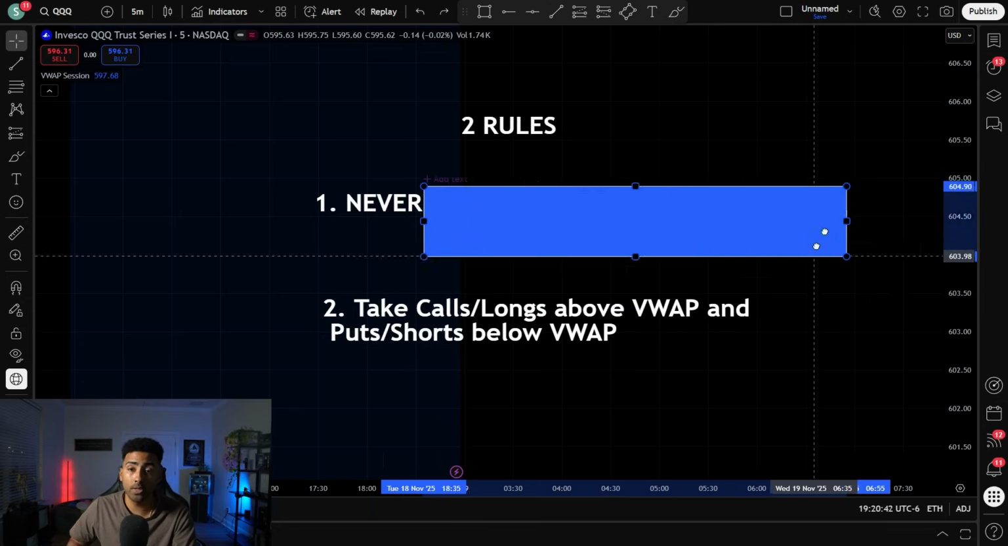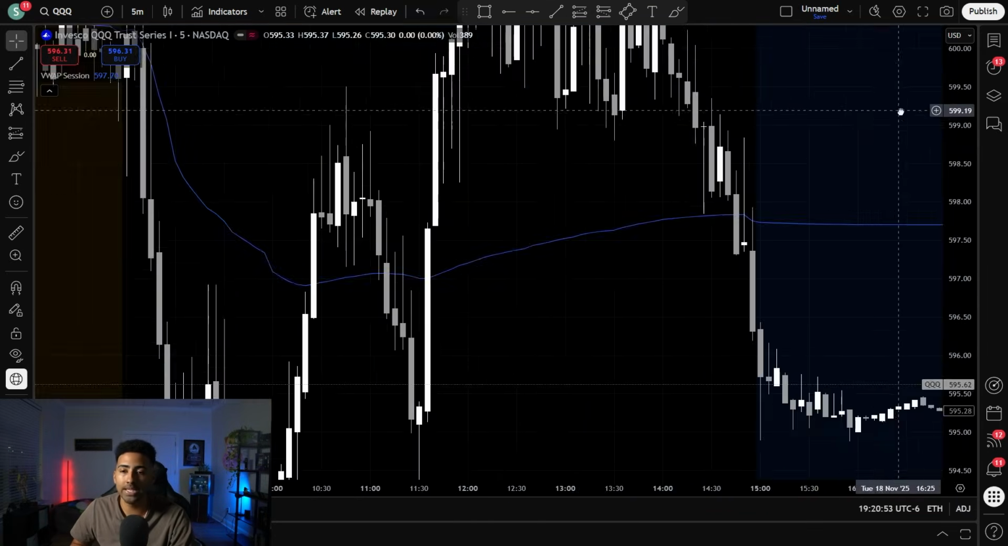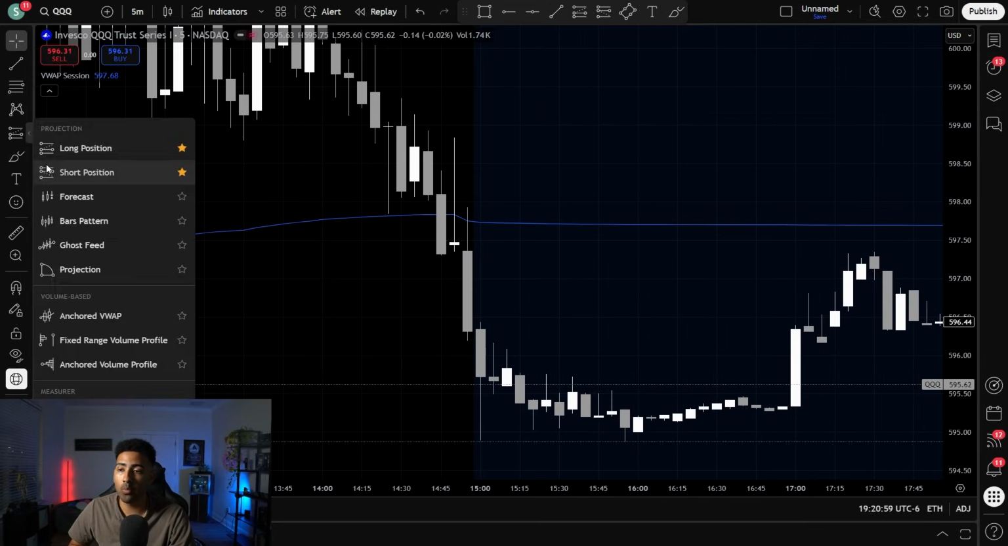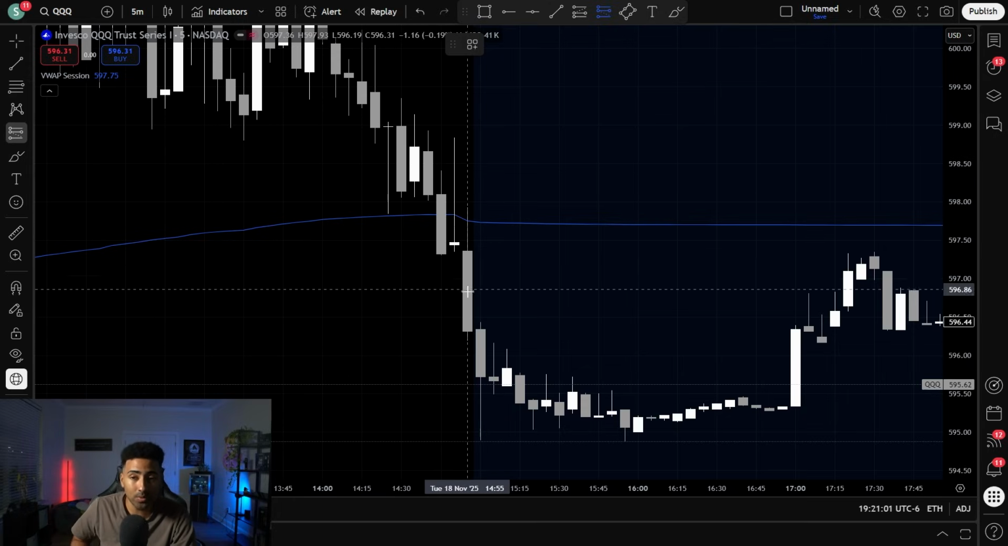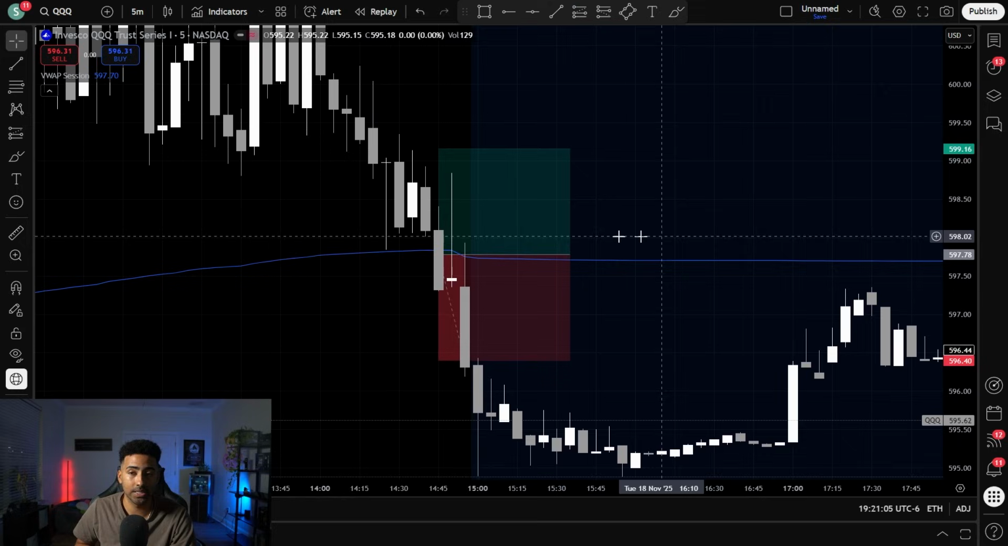And that rule is going to be to make sure that you are taking calls or longs above VWAP and puts or shorts below VWAP. So if we're above the VWAP line, there's no reason why you should be taking shorts. So for example here, if we are entering on a position at this VWAP area and we have just broken to the downside of VWAP, there's no reason why we should be taking a long at this point